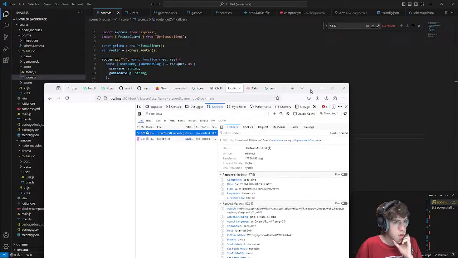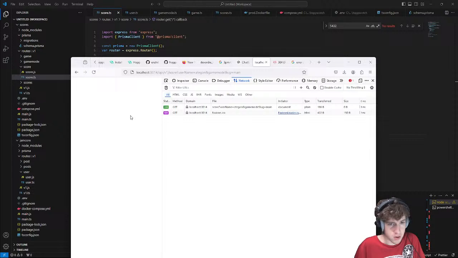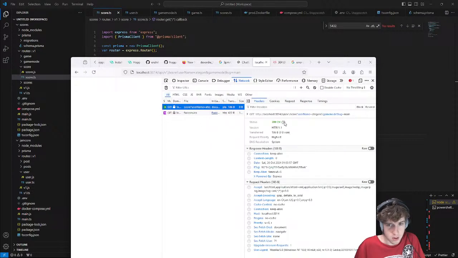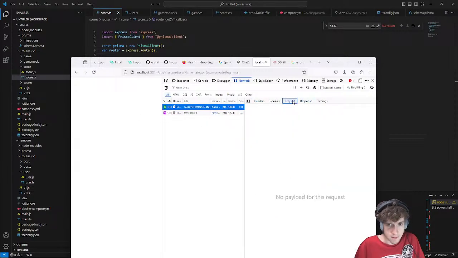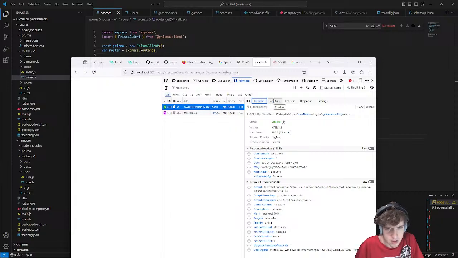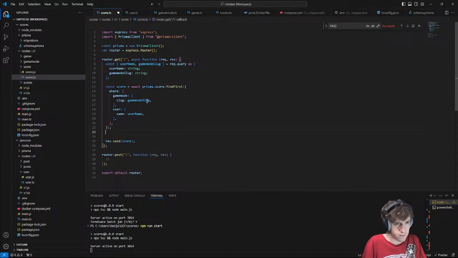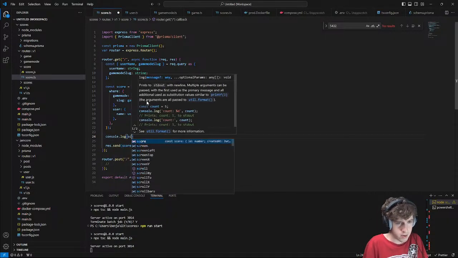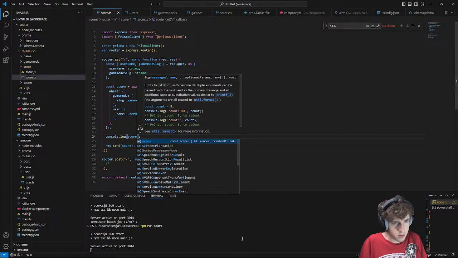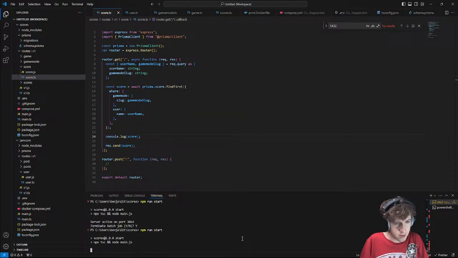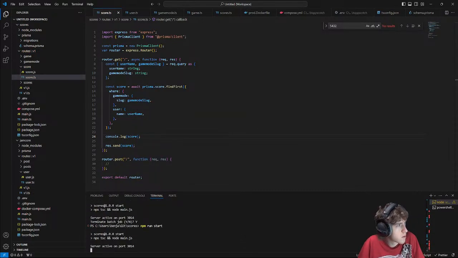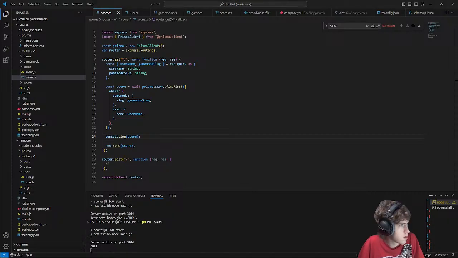Okay. So, what if I hard refresh? Response? No response data available. So it didn't find anything then? Console.log score. If I refresh this. Reload. It gets null.